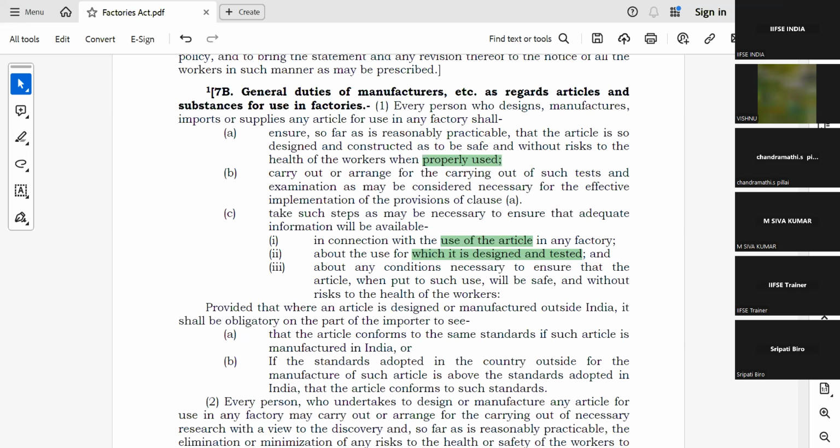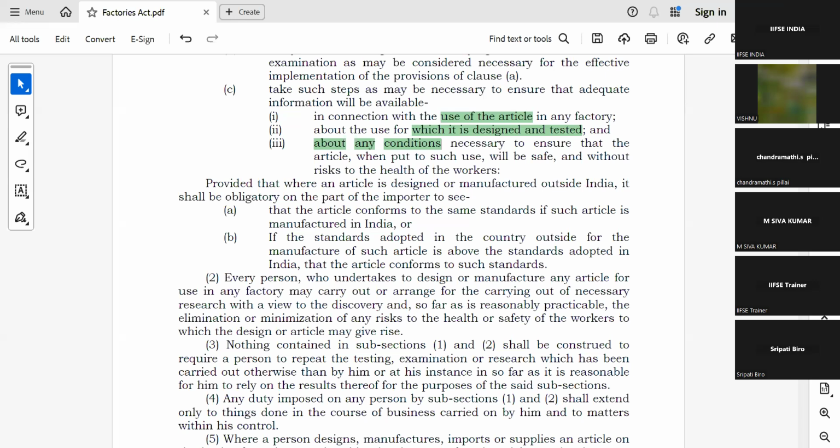Also, we have to mention the conditions, the operating conditions, or no overspeed or no overpressurize, or you should not increase the temperature more than this or more than that, etc. Operational conditions,